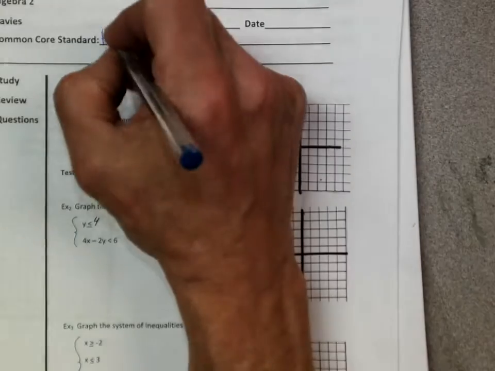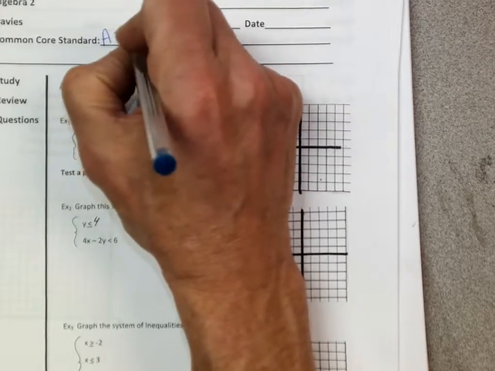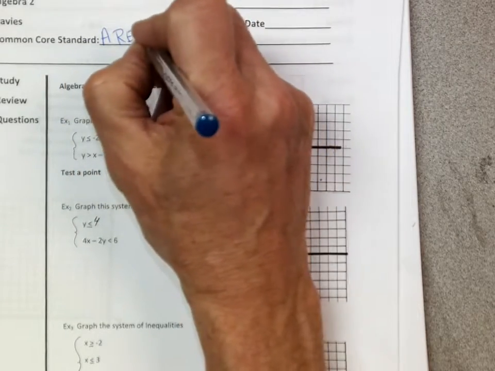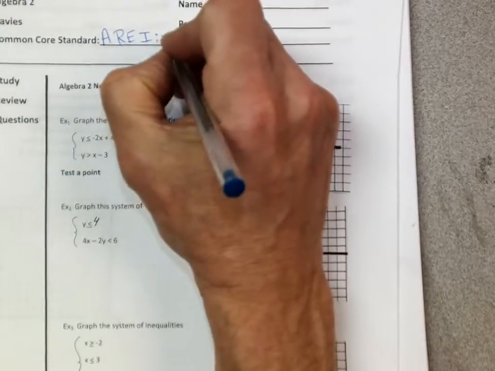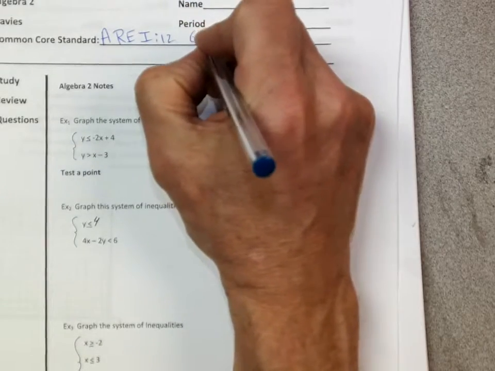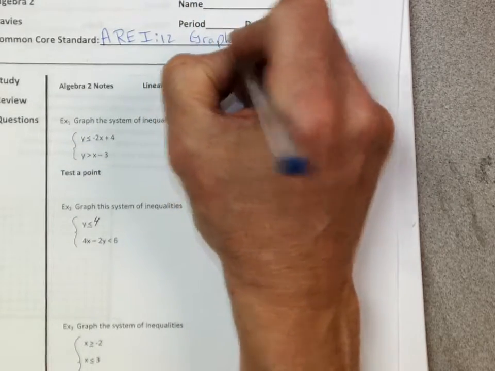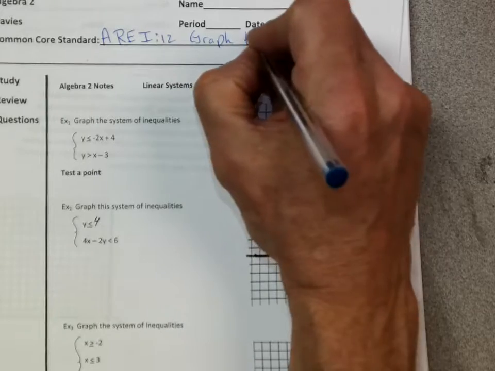Maybe. A for algebra, RE for reasoning and equations, and I for the inequalities. And today we're basically doing the inequalities. And it is bullet number 12 on the Common Core. Stands for graph. We're going to graph the solution